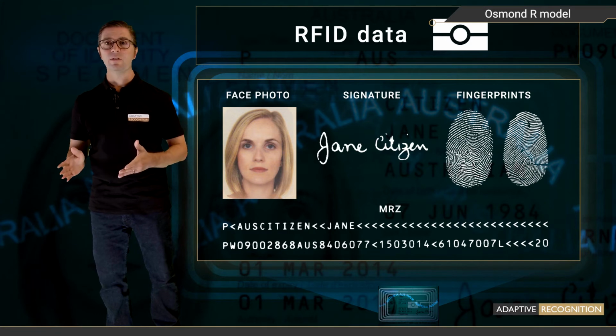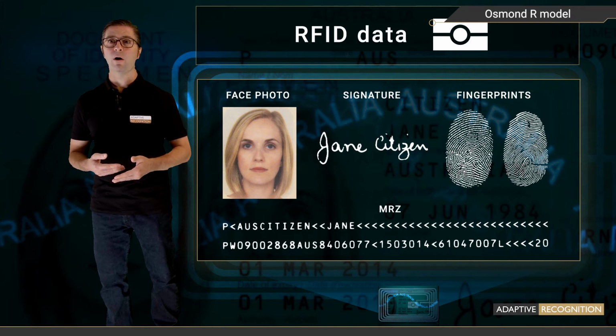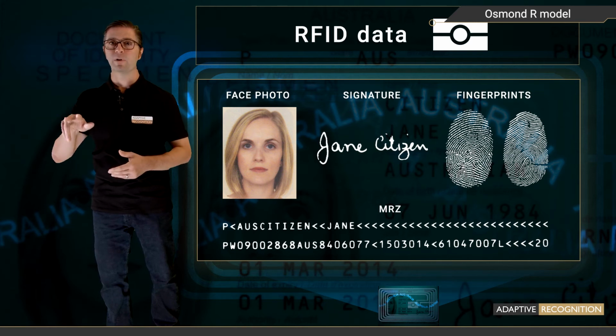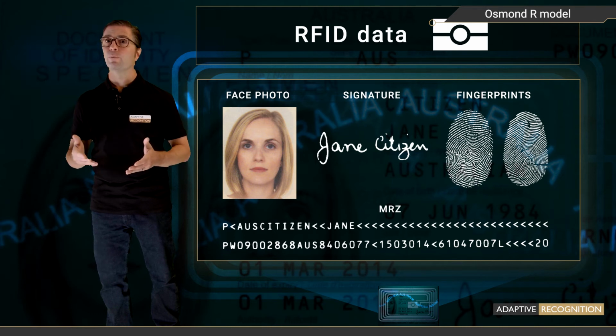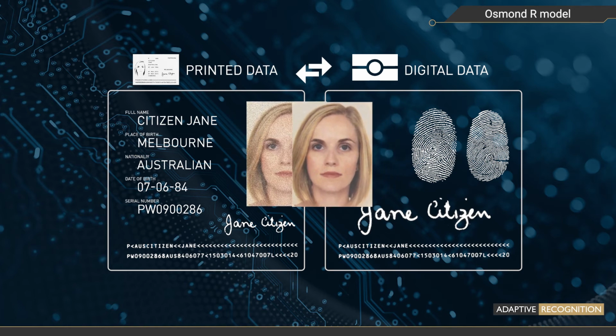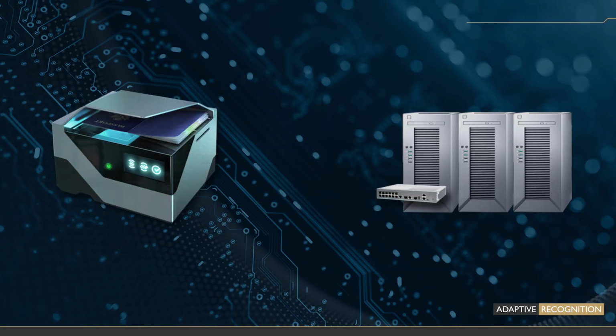As it scans images and reads the printed data, Osmond R accesses the chip using highly secure RFID communication protocols and displays the information stored in the chip, like a digital facial portrait or even digital fingerprints from some documents. Through this, high-security applications get extended data and enhanced verification, as the digital data is automatically cross-checked with the printed information. For example, the digital facial photo retrieved from the chip is compared to the printed facial portrait, offering an in-depth verification solution. Osmond N.